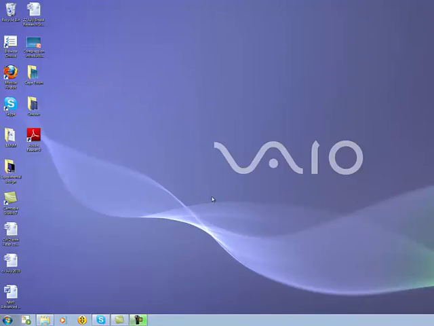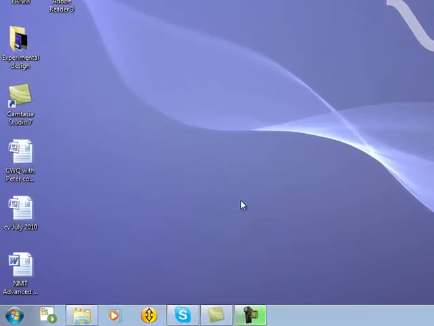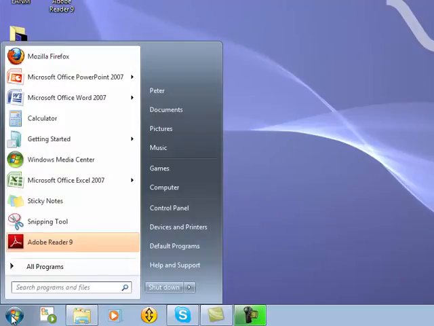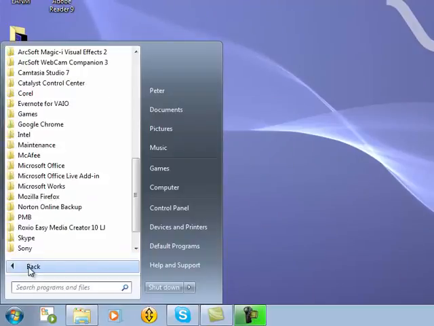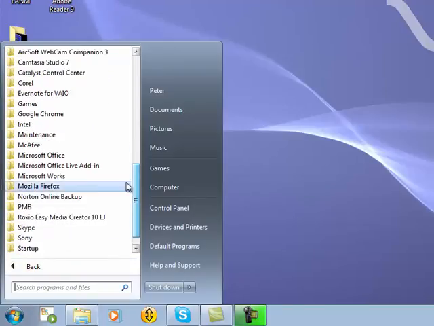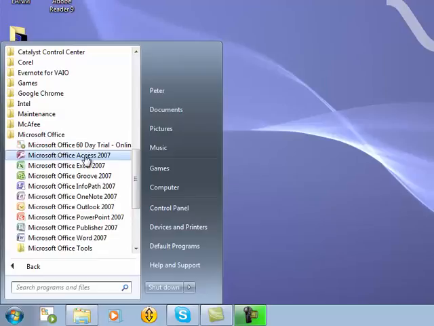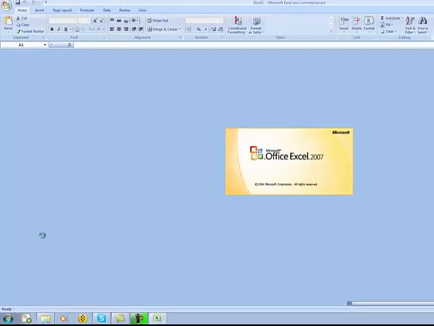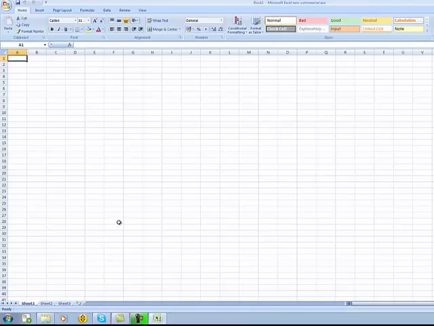First of all, we need to start an empty Excel workbook. Here I'm using Windows 7. The details will differ slightly depending which version of Windows you're using, but if we click on the Start button at the bottom left corner of the screen and select All Programs, then here I want Microsoft Office, and then within that I will find Microsoft Office Excel 2007, which is the version of Excel that I'm using in this